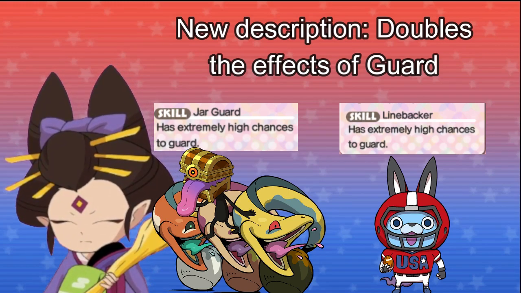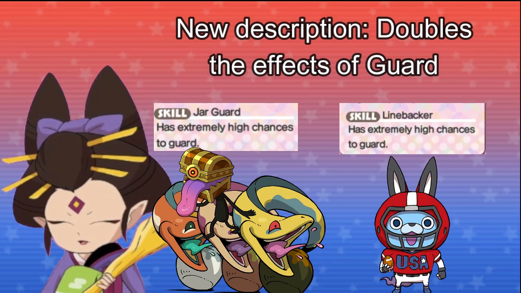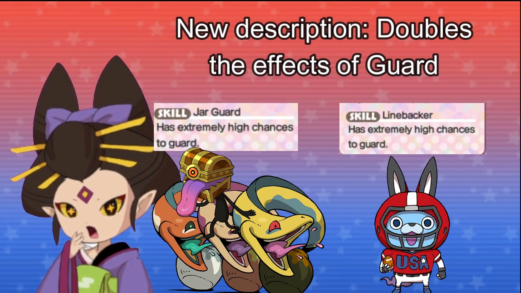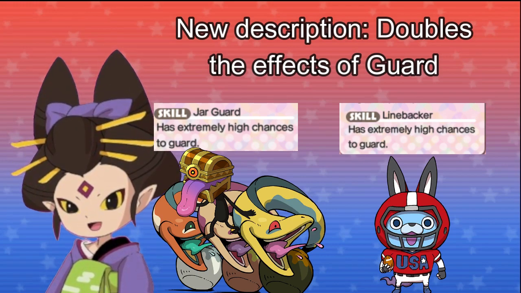That's just a lie, man. This has been the skill description since the first game. I cannot believe nobody picked up on this. What the skill actually does is double the effects of guard. So the guard multiplier is changed from 0.5 times to 0.25 times. This covers both physical and magic damage, so it makes the 5 yokai with it some of the best tanks